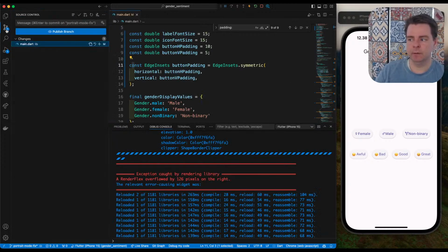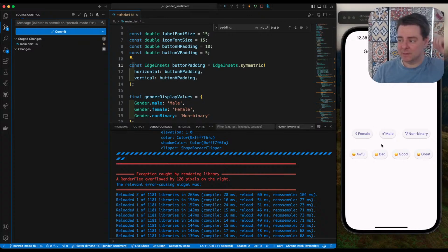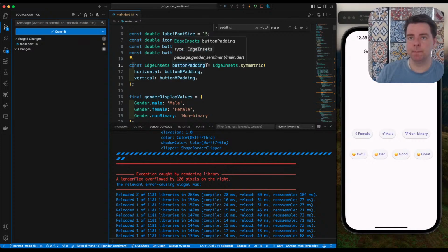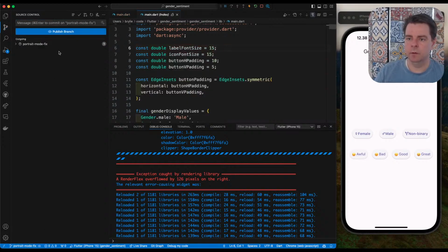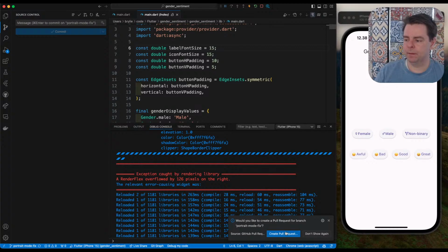So let's go ahead and commit these changes. So that's just a basic thing. The next level I would like to take it to is to change the values conditionally based on orientation, perhaps screen orientation. But the initial refactor was to consolidate the button styles and make them smaller. And I'm in my branch, so I just want to make sure that we're not committing to main. I'll go ahead and open a pull request as a draft